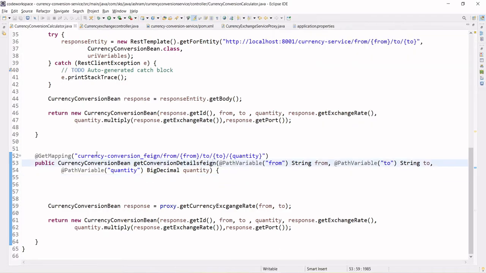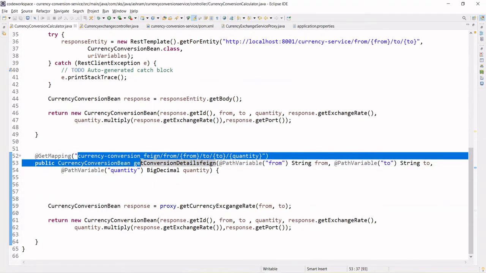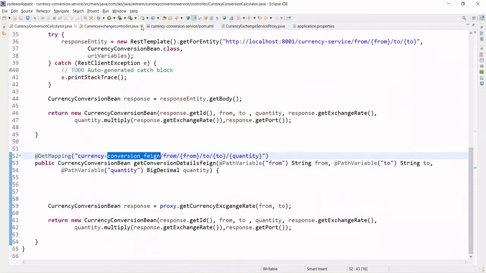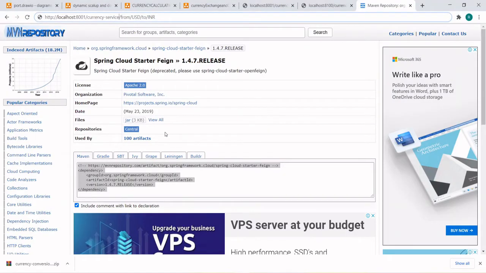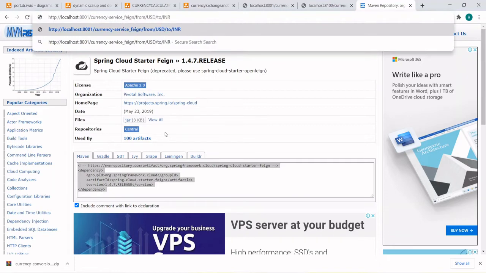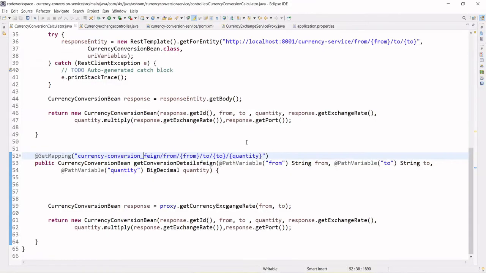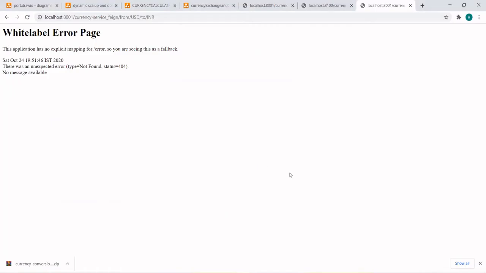We had given Feign, currency conversion Feign, underscore Feign. So let's say underscore Feign and enter. You are seeing this fallback: currency service Feign from USD to INR. Sorry, I am calling the currency exchange service.